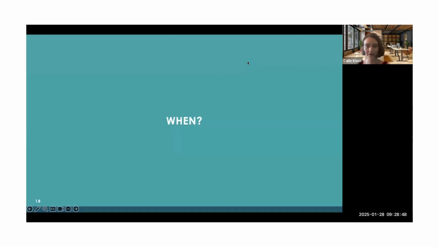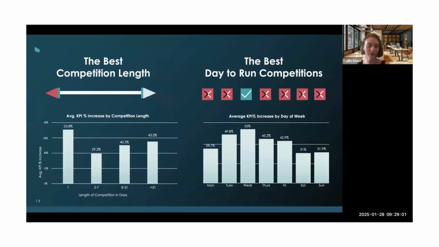Now we're going to come to when. I'm not going to tell you exactly when you're starting your next competition, but what I am going to tell you is what things tend to work in terms of duration and the time of the week to start your competition. We've done some internal data ourselves, and we've found that definitely by a long shot, shorter competitions tend to increase KPIs more. This is probably because once something is going on for too long, it fades into the background